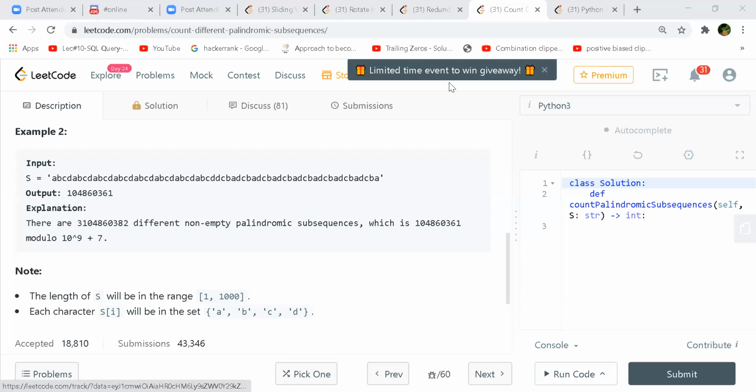So before going for the solution of this main problem, there is another problem where we need to count the total number of palindromic subsequences. If we can get a solution for that question, then we can make some changes in that solution so that we get the distinct count of palindromic subsequences. There is one question there. Instead of directly jumping to this question, we can first try to solve the total number of palindromic subsequences without taking distinct strings into consideration. Okay, can you open that screen, Shashank?